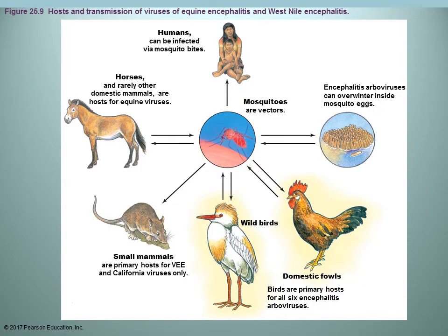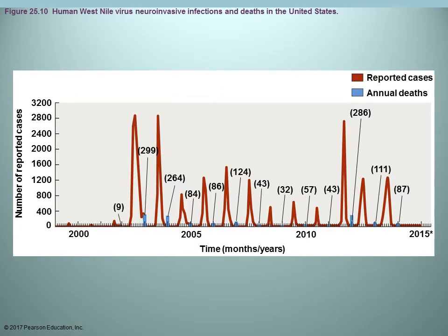So this is showing how you've got the various hosts, you've got the vector, in this case it's showing as a mosquito, and how it can infect several different animals, several different hosts, and eventually, once a mosquito is infected, it remains infected, and so it can infect several different animals, including humans. For the human West Nile virus,